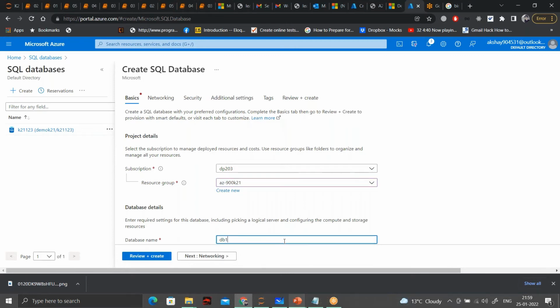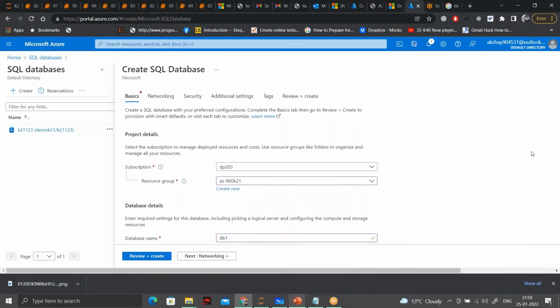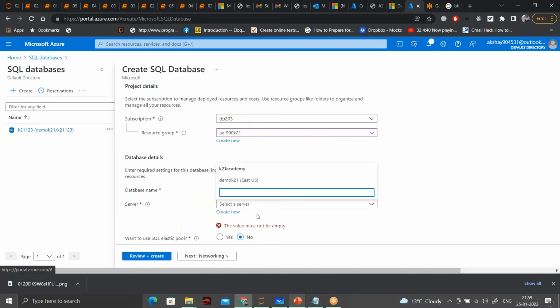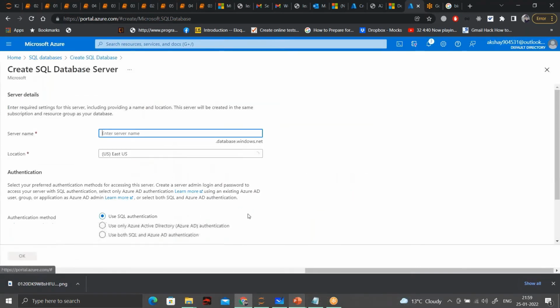Okay, so we already have one server, so I'm not creating a new one. Otherwise, all you have to do is click on create new and you can create a new server here.